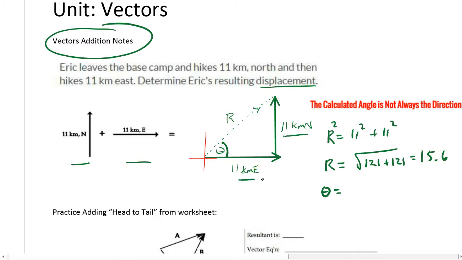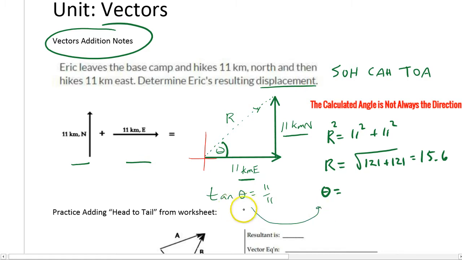And you'll notice a pattern, we end up using tan a lot. So just to recall, sine is opposite over hypotenuse, cos is adjacent over hypotenuse, and tan is opposite over adjacent. Here's the angle, that one's the opposite, this is the adjacent. So if the tan of the angle is equal to 11 over 11,